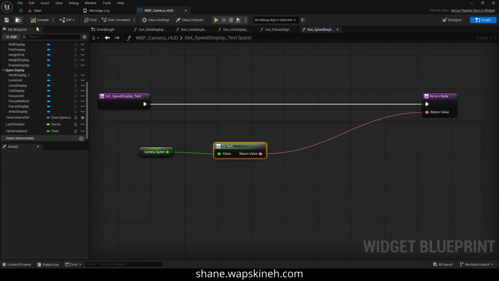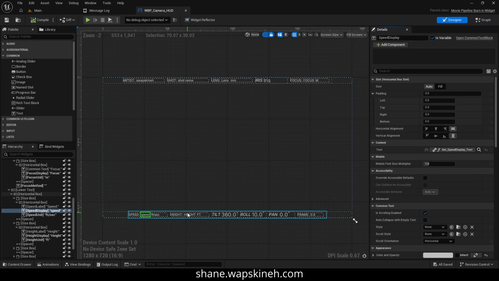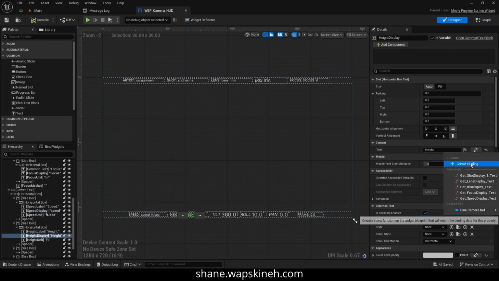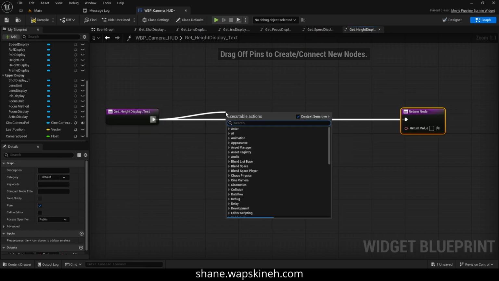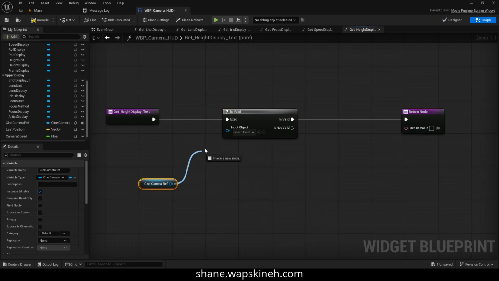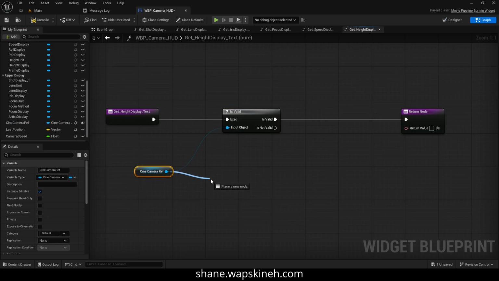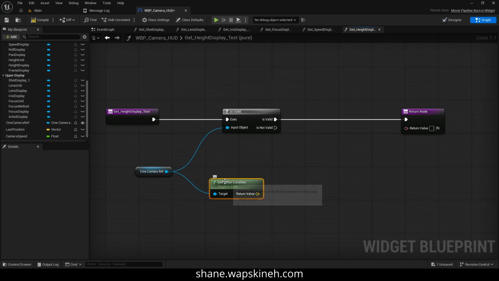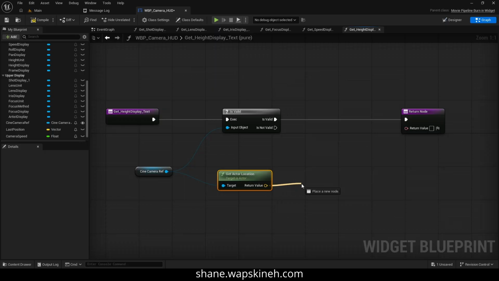That's all we have to do for that one. Then I go back to our designer, and this time we're going to grab the height, we'll create a binding, give ourselves some space, drag a pin off and do an is valid, and grab our camera, control click drag, plug it into the is valid, and then this time we're going to get the actor location since we're dealing with the height, and then we're going to break this vector, because this actor location is stored as a vector,